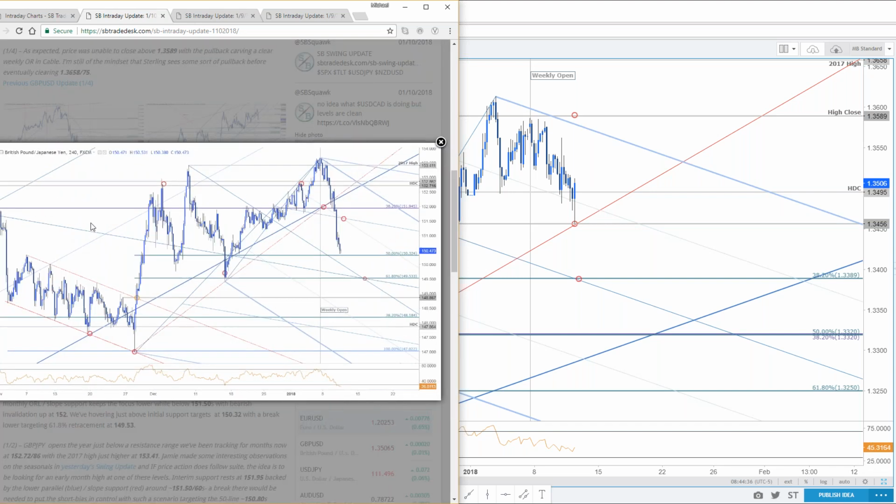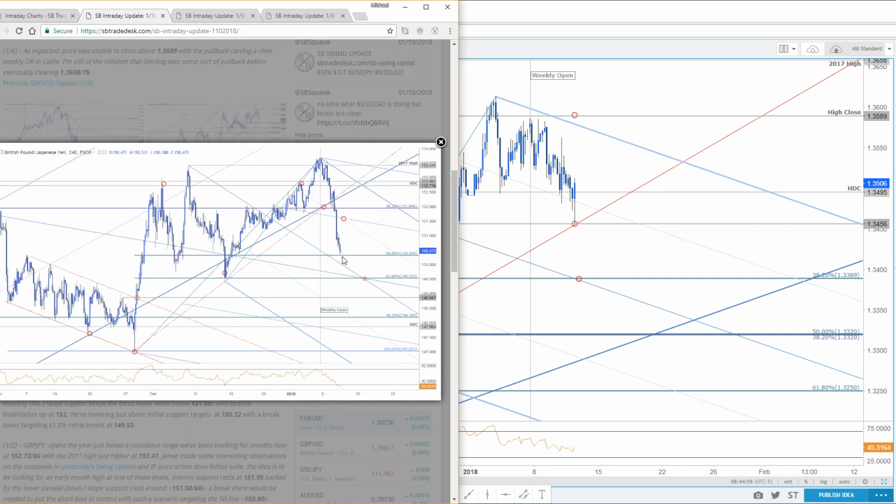We were working yesterday in the webinar with both this longer-term pitchfork and this near-term pitchfork just off the highs we made in December and early this year. Gave us a little bit more conviction on the confluence regions. Okay, so the 50 lines both converge right here at 150, 150. I still hold that as resistance in pound yen in the near term.